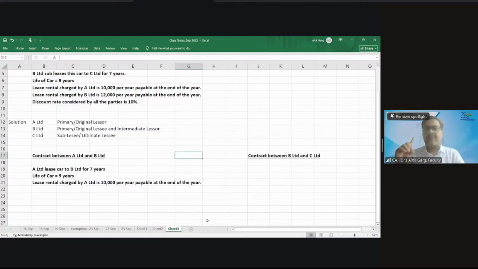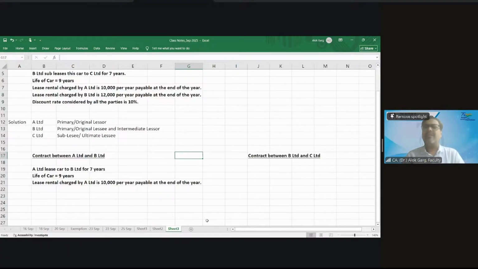You remember I have given you one indicator of the finance lease. I told you if the lease term covers the major part of the economic life of the asset, it is also an indicator of finance lease. I had told you, right? Yes, sir. So in this case, under US GAAP, the lease term covers 78% of the life of this asset.